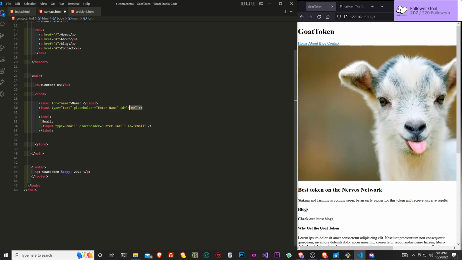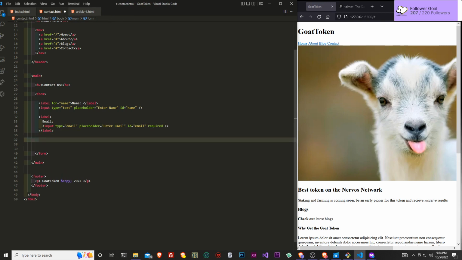If we didn't have any ID here, we wouldn't really know if this is a name or an email or whatever. Same thing goes here. We want to make sure that the ID basically represents the type of data that we're going to be receiving. At the same time, we want this to have a required attribute, which means that they can't submit the form unless they also add in the email.